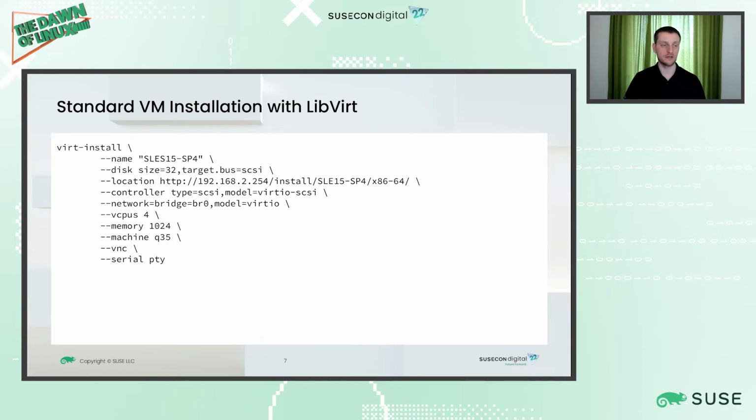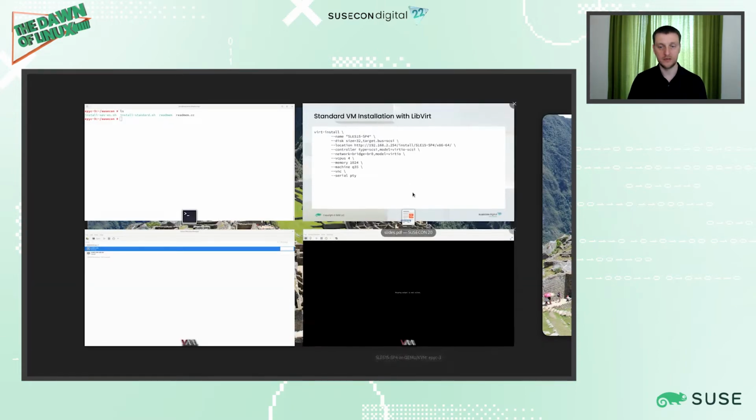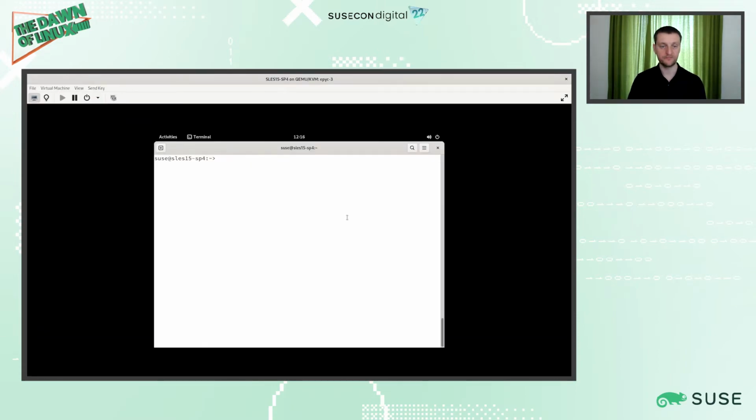I prepared a standard virtual machine with libvirt, pretty much standard: SCSI disk on a VirtIO SCSI controller, VirtIO network card, 4 vCPUs, 1 GB of memory. I used this command to install a VM, and the VM is running here. So this VM is a standard VM, nothing is encrypted.